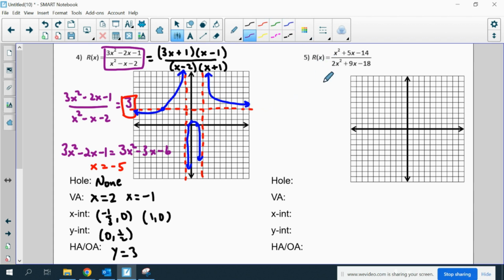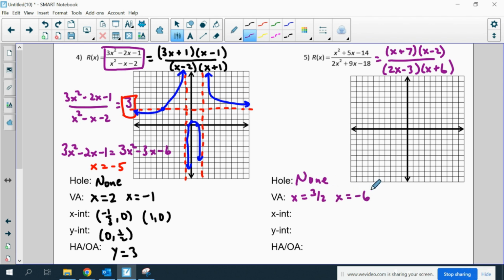Finally, the last problem. We'll similarly factor the numerator and factor the denominator. And then I once again realize I have no holes. I have a vertical asymptote at x equals 3/2, and x equals -6. So 3/2 is actually a positive number, so that might be something that is important for a math teacher to know. And then at -6,